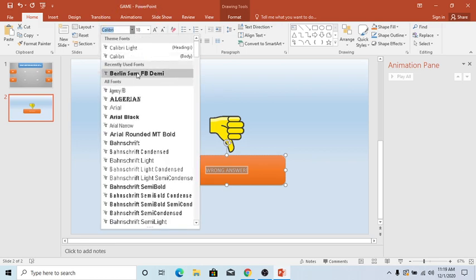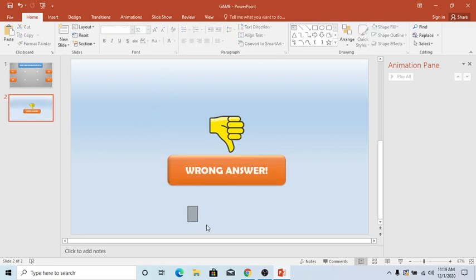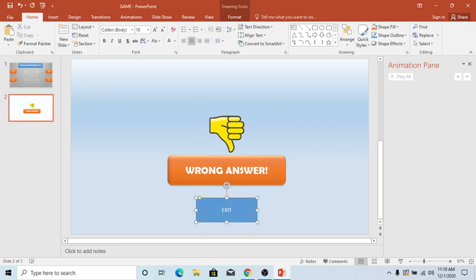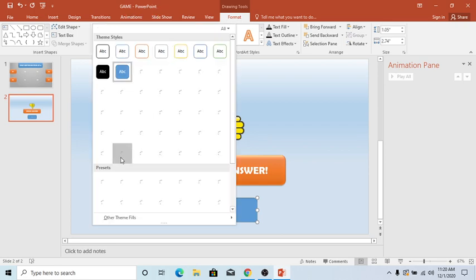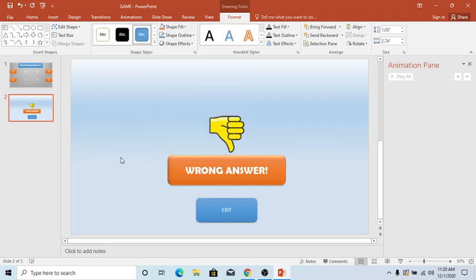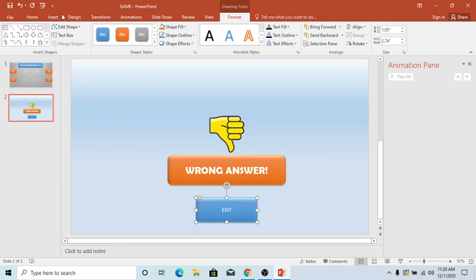So again we go to the font style. We change the font style, the font size, the color also. And now we go to insert, we go to shapes again, and we create another shape, and here again we align it, and so we write exit. And in this exit button, we again go to format background, then click on styles, select any style of your choice, go to shape effects, preset, the second one, and then we